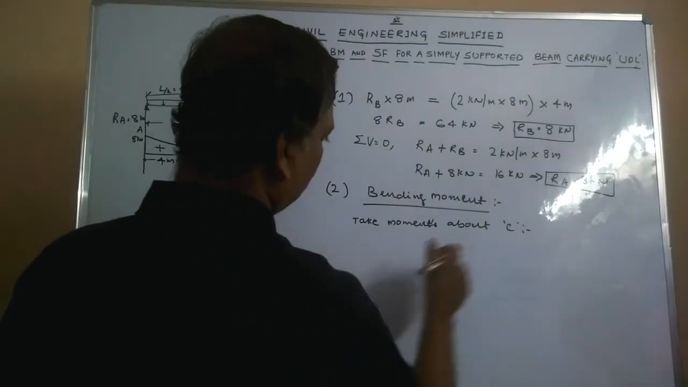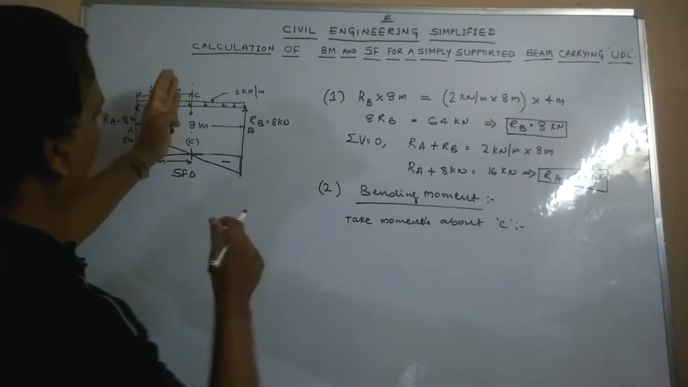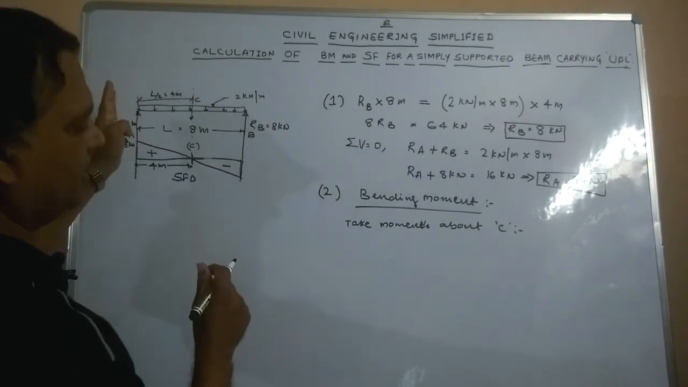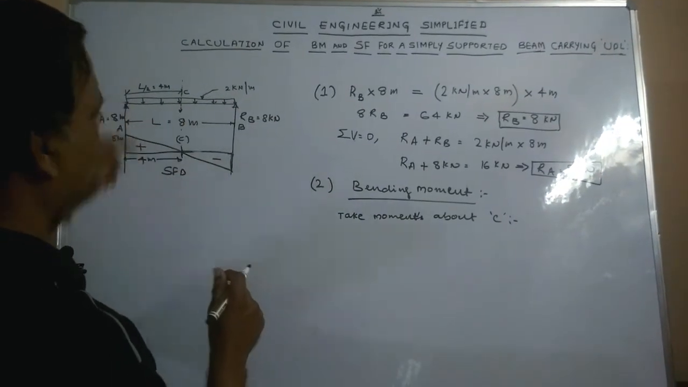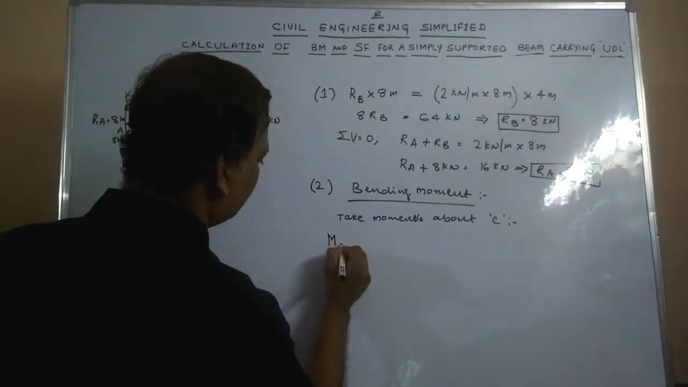Let us take moments about point C. When we take moments about point C, we can take the moments to the right or to the left hand side, because the whole system is in equilibrium. Now I will take the moments on the left hand side. So I will represent the moment about C as MC,